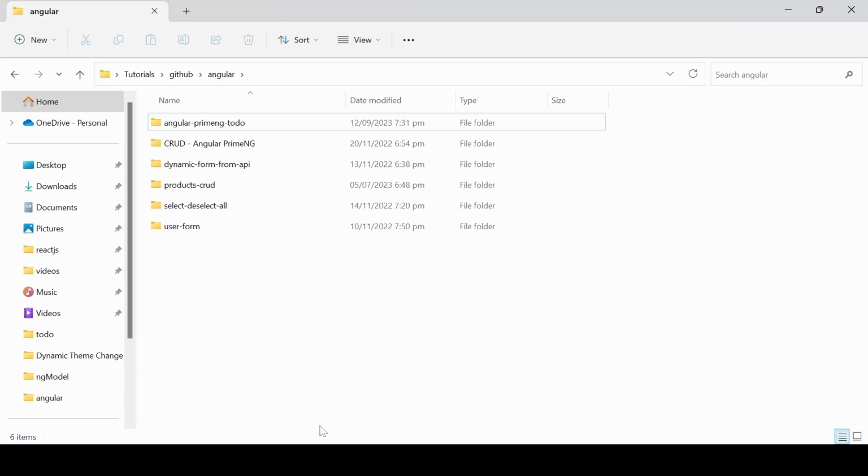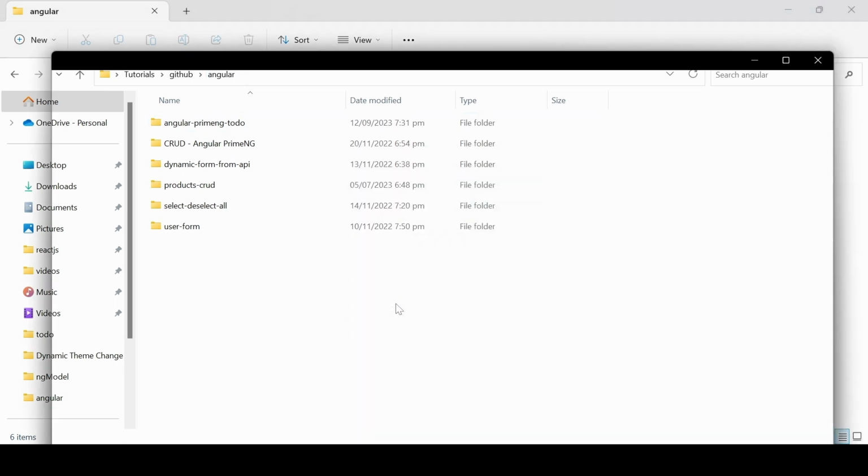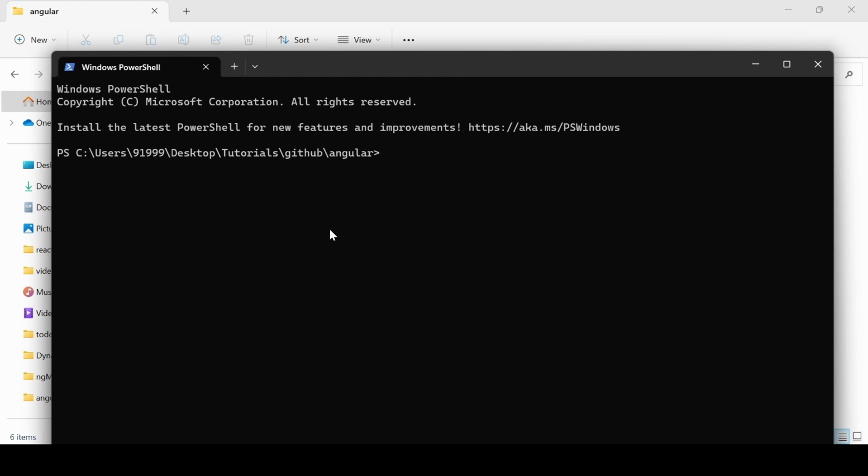So the next step is to create an Angular project using Angular CLI. For that, wherever you want to create a project, go to that folder. I'm going to create a new project inside the Angular folder. From there, you can open a terminal. Then you can type ng new, then the project name. So my project name is